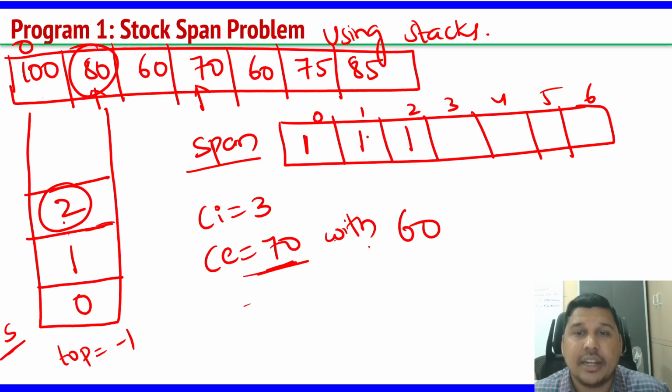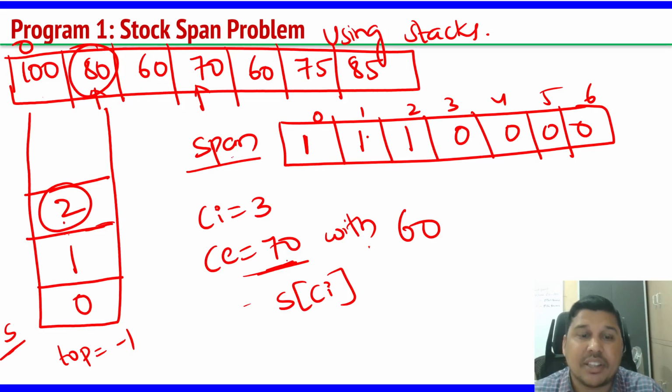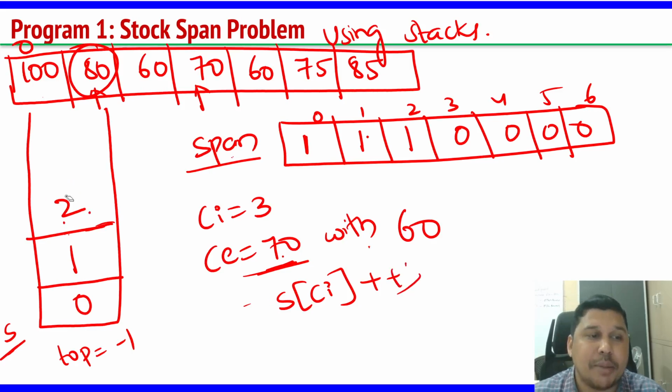Right? Then for this span, here you will insert zeros initially. The span of Ci, that is the current index, right? Whenever this 60 is less than 70, I'll just increment it and I'll pop this element. Then again, when the condition is true, I'll go back and compare the current element 70